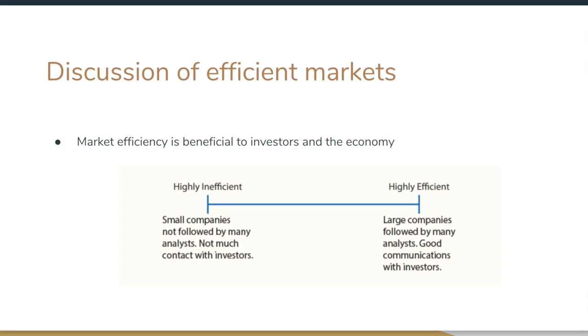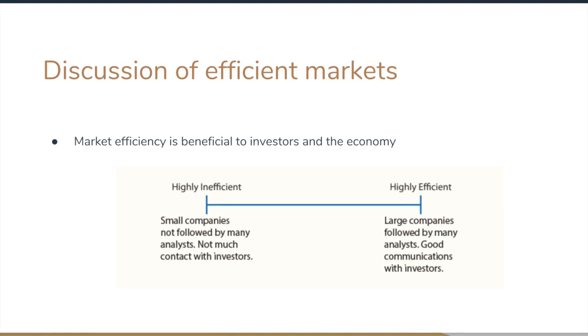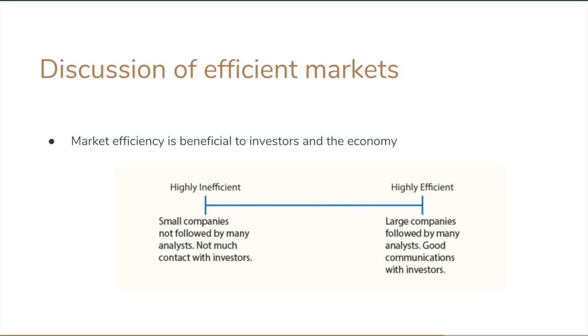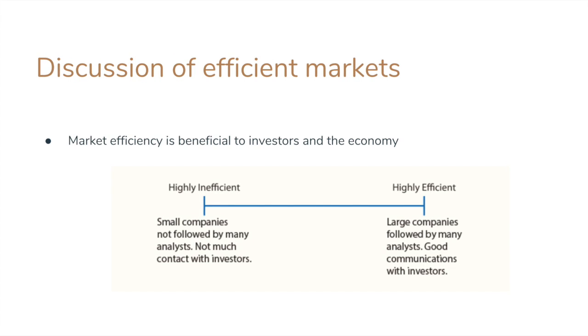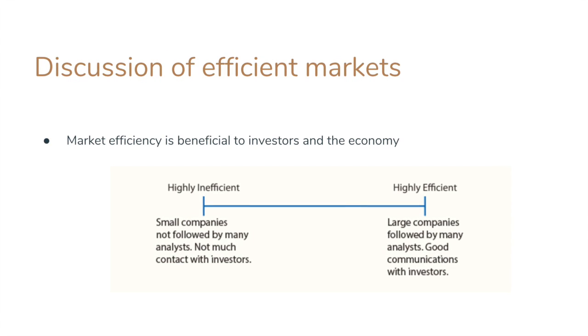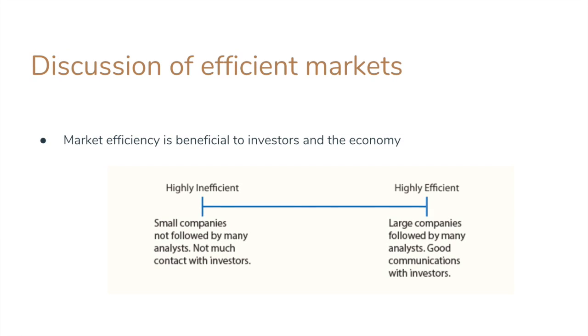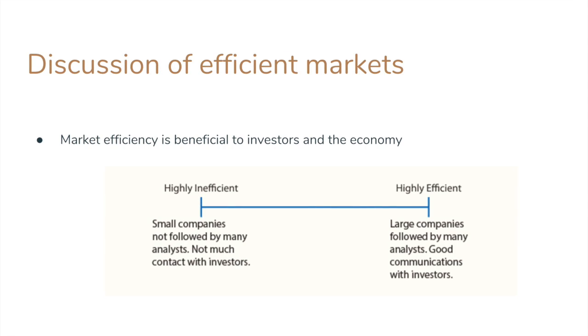According to this continuum, one of the key components of efficiency is the actual size of the firm. The larger the firm, the more analysts that will follow the firm. Thus, there is more communication with investors, which will then create more efficiency in the market for that stock. We can see the highly efficient markets on the right side of the spectrum. While with a smaller firm, there tends to be less analysts and therefore less communication with investors, which then leads